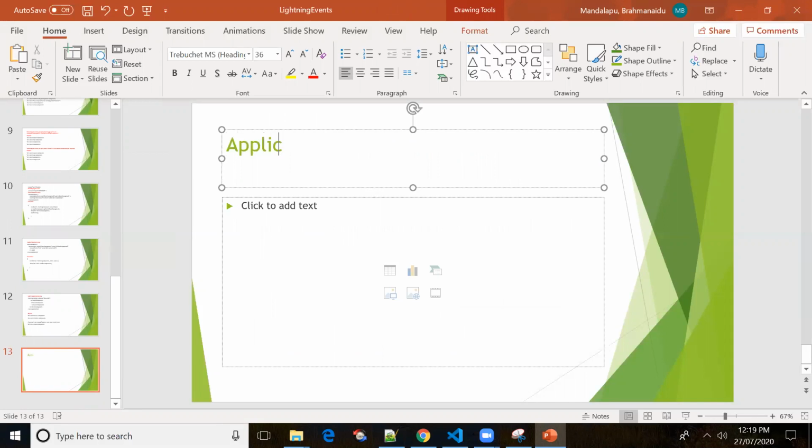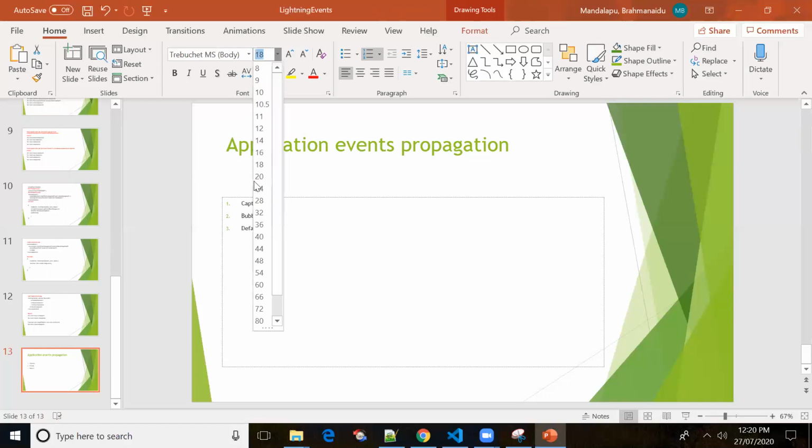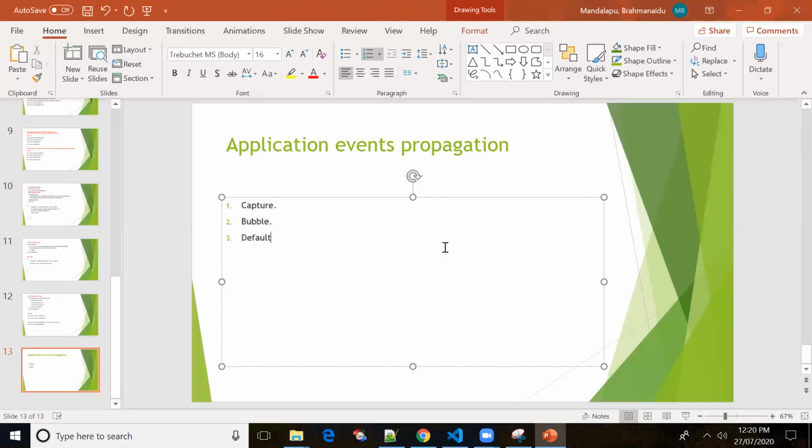Application events propagation. How many phases do we have in application events? The first one is capture, the second one is the bubble phase, and the third one is default. So create multiple components however you want, put phase equal to capture, phase equal to bubble, and default.